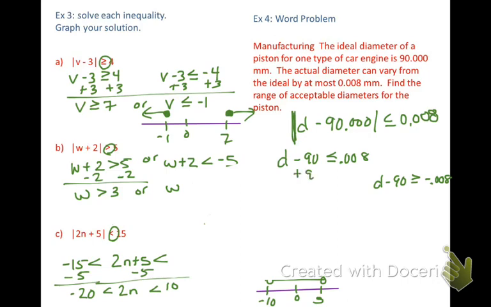So add 90 to both. Remember, when you add decimals, you have to line up your decimals. So it's going to be D is less than or equal to 90.008, and D will be greater than or equal to